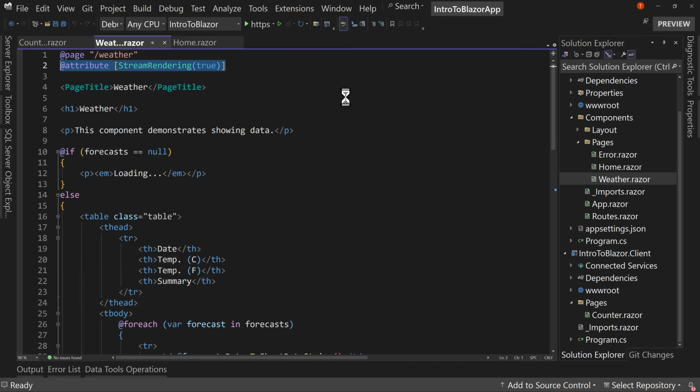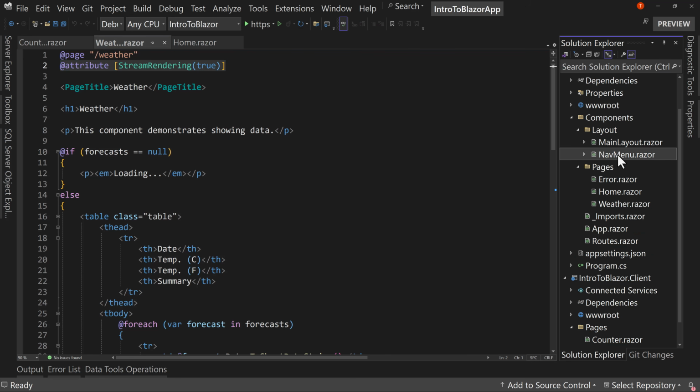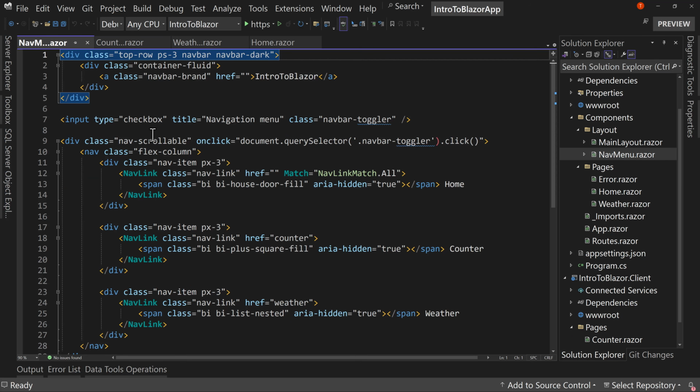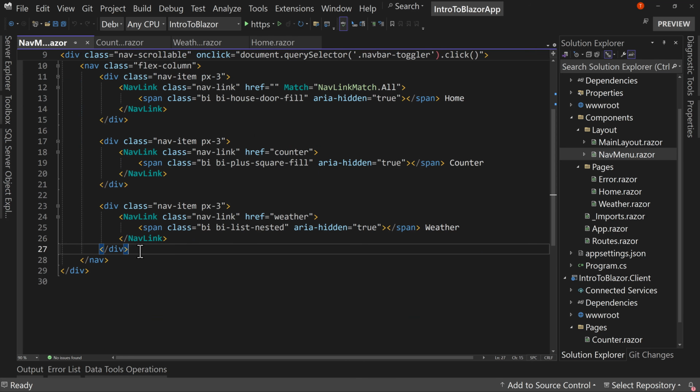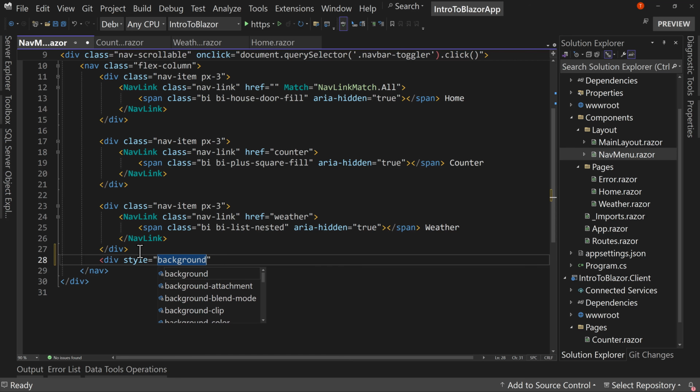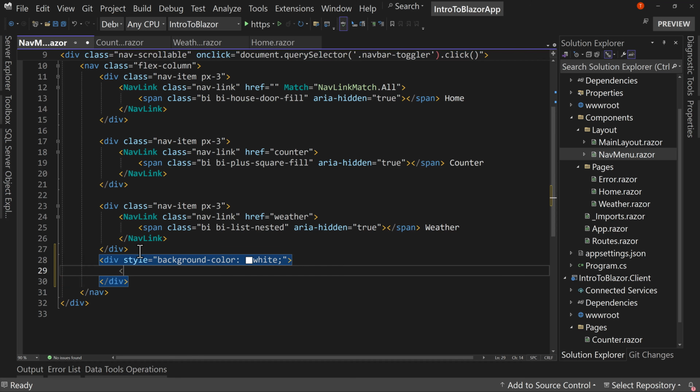So to start off, what I'm going to do is come over here to our layout and go to the nav menu. So this is the navigation. And inside the navigation, I am going to make a mess. I'm going to say div with a style equals background color of white. All right. And then in this div, I'm going to put the counter,